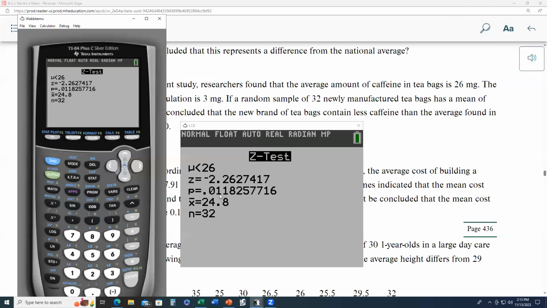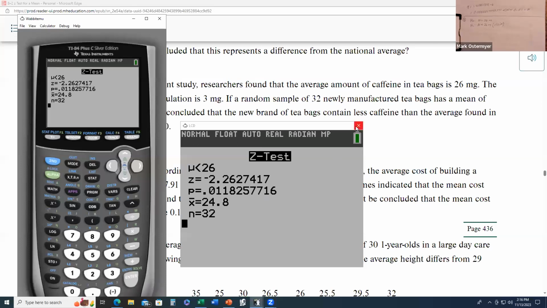That's a small p-value. We would be able to reject at 5%. We could reject the null hypothesis at 4%. We could reject the null hypothesis at 3%. We could reject the null hypothesis at 2%. We could not reject at 1%. It's close. But ladies and gentlemen, I think this is pretty conclusive that we're definitely going to reject the null